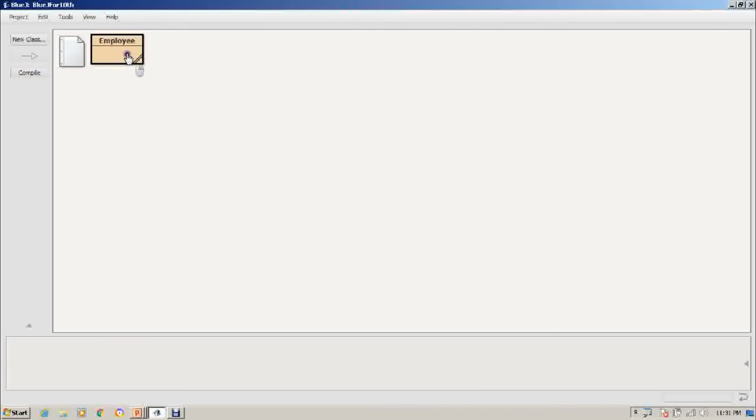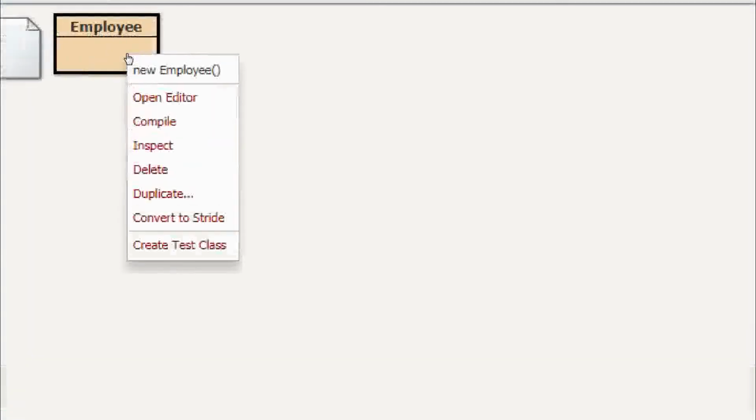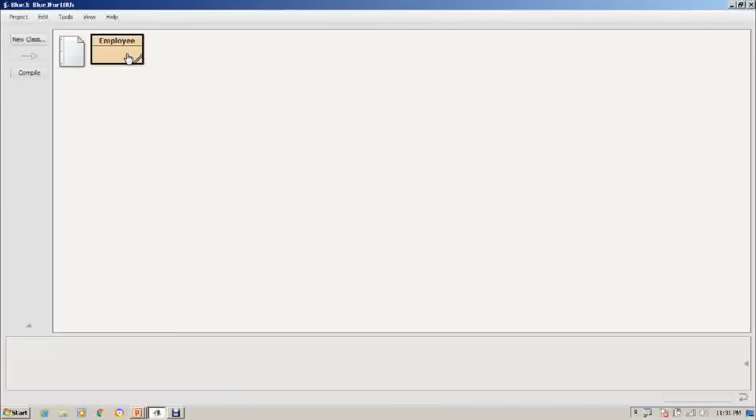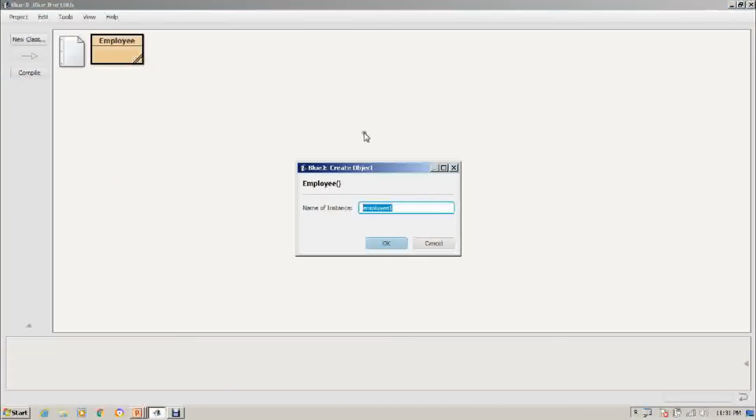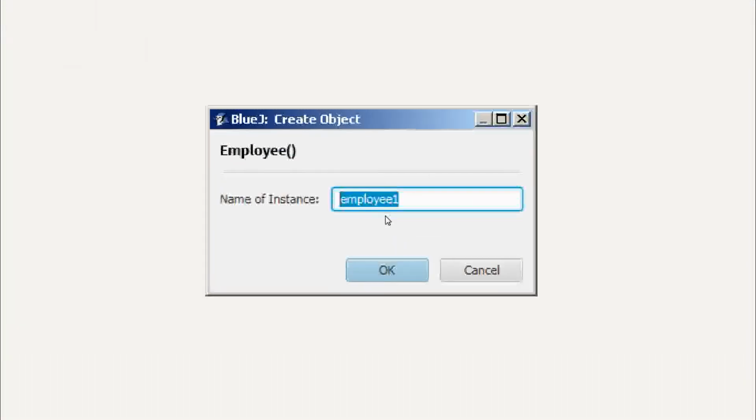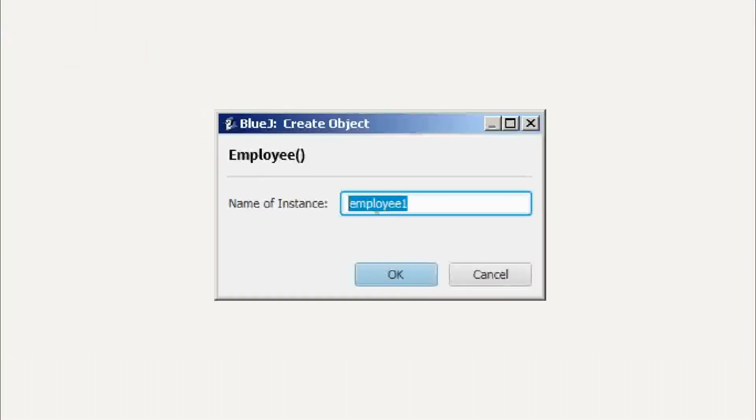When you right click on it, you will see this shortcut menu. The first statement, that is new Employee, you have to click on it so that you can create an object. When you click on new Employee, here in this dialog box you can provide the name of the object, whatsoever you want to give.